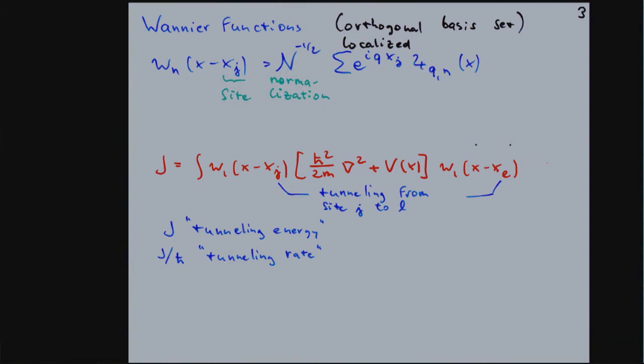And there is a mathematical procedure for how you should pick the phases here to get the maximum localization, but the simple picture is those Wannier functions are very, very close to the Gaussian ground state solution of the harmonic oscillator at each site. The wings are different, but I don't want to go into that. You transform from an orthonormal basis of Bloch wave functions to another orthonormal basis of Wannier functions, and the Wannier functions are as well localized as possible. That's the procedure. And now we can simply rewrite our total Hamiltonian, or everything we are interested in, not in Bloch wave functions, but in Wannier functions.